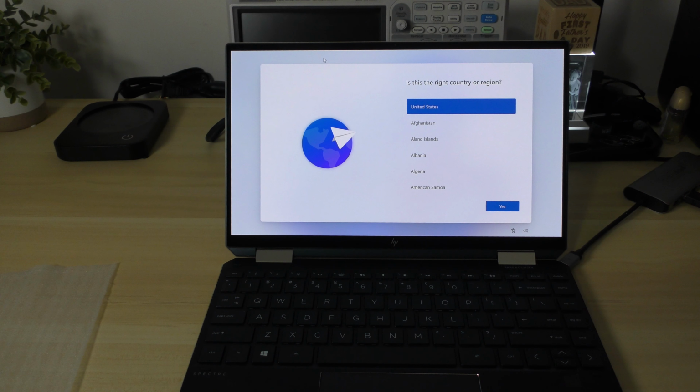And of course, as we turn on the computer, we can see here that they did in fact wipe our data. So the computer is back on the Windows 11 startup screen. Now that we are at the Windows 11 startup screen, one of the problems that we face now is we're not looking to go through this process of setting up the computer manually because we're going to restore it from